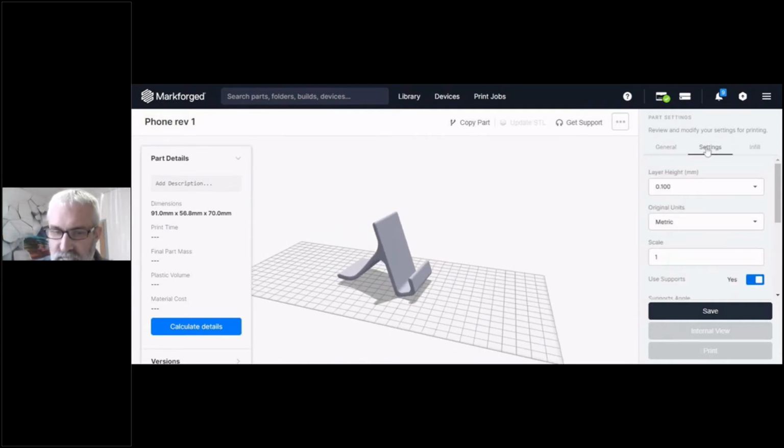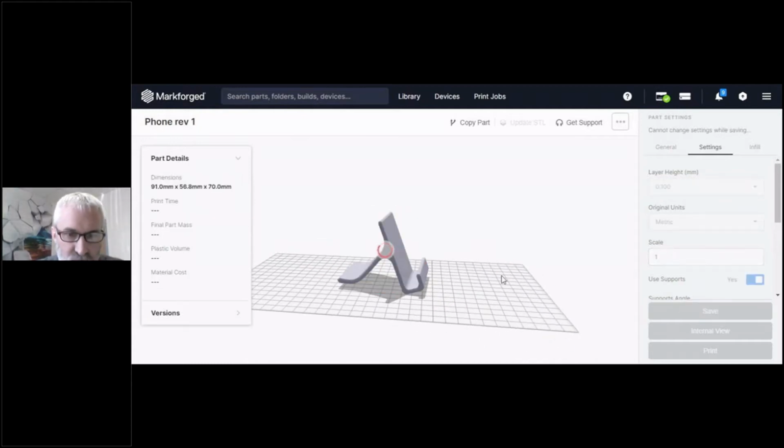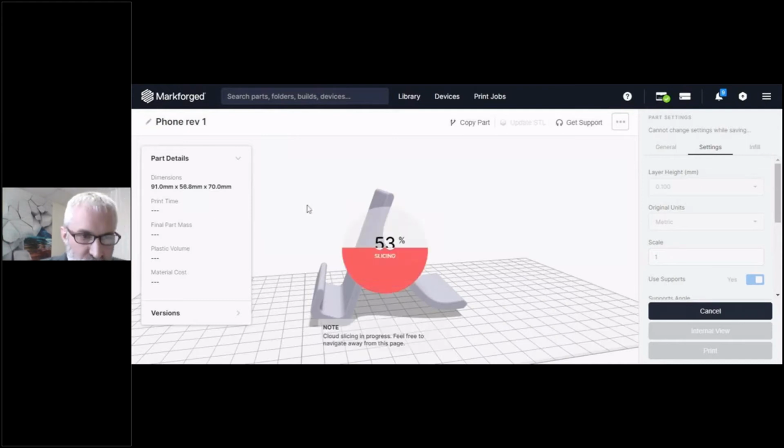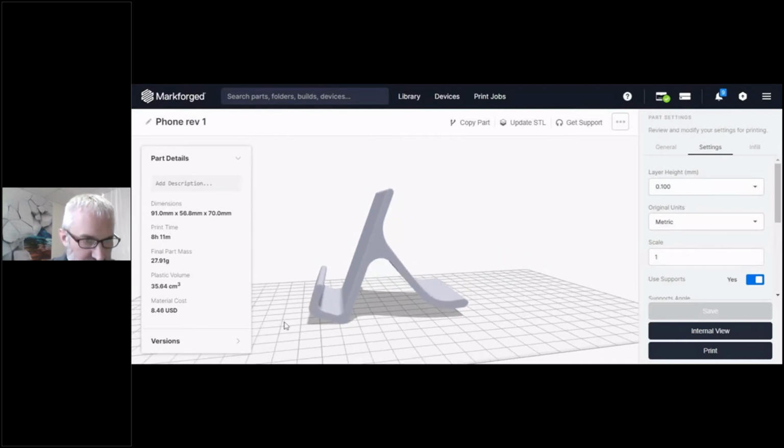I like to start with our settings tab and begin by choosing my resolution. I'm going to start with 0.100 of a millimeter and slice our file. What that will give us is our part details here on the left-hand side of the screen. It'll show us our print time, our final part mass, our plastic volume, as well as our material cost. So 8 hours and 11 minutes in this orientation, with a material cost of